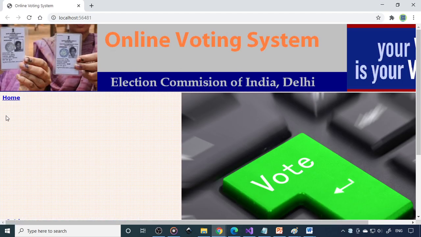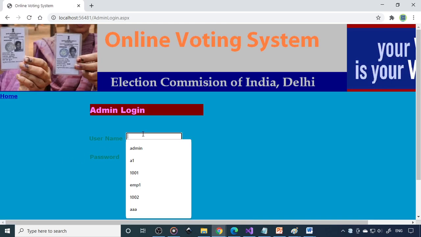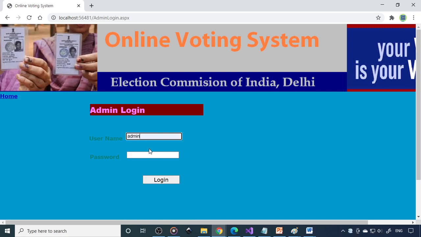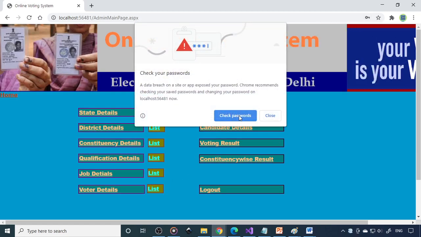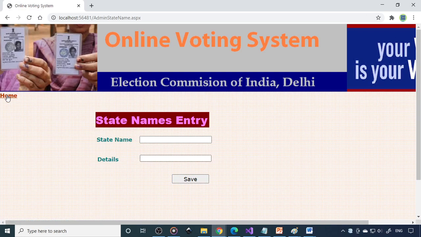So this is the main page. We can go from here. Then we can go to admin main page. So here is the state details. What are the states there, that we can enter.